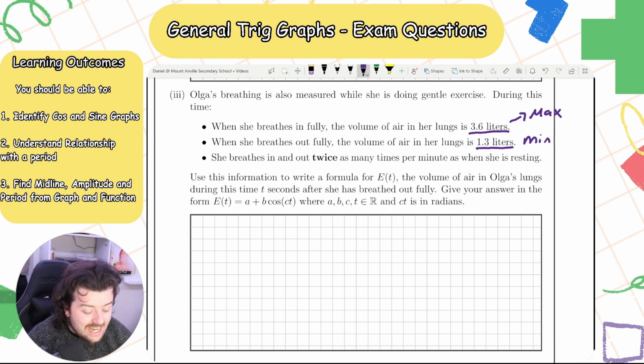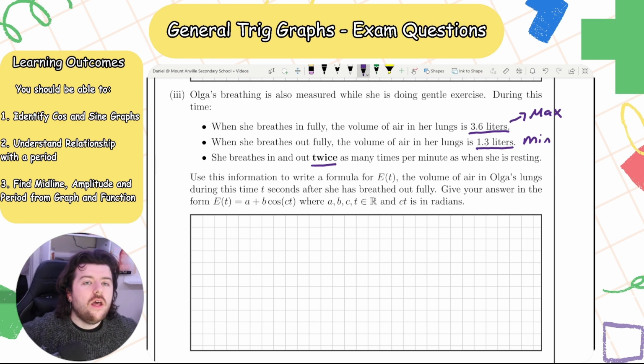She breathes in and out twice as many times per minute while she's exercising, as compared to resting. Don't fall into the trap of multiplying the period by 2, because I obviously didn't do that. So you have to think about it, right, when you're exercising. If she's just breathing normally, she's there, like,